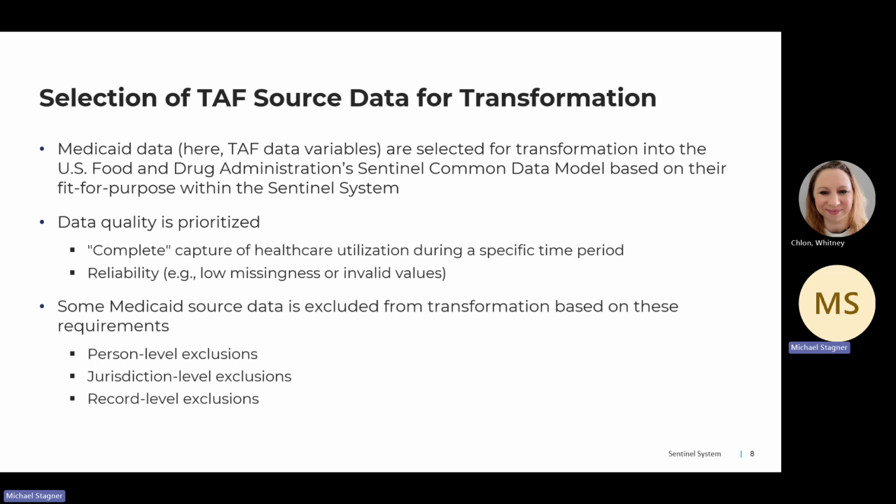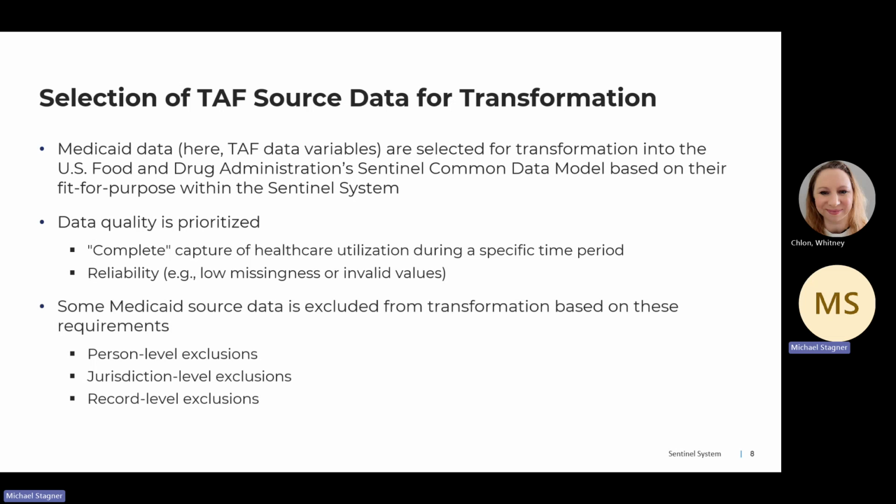That means making sure that if a beneficiary is included in the transformation process, we have access to all their healthcare utilization, so inpatient and outpatient encounters, all their medication and prescribing information, which is obviously of paramount importance